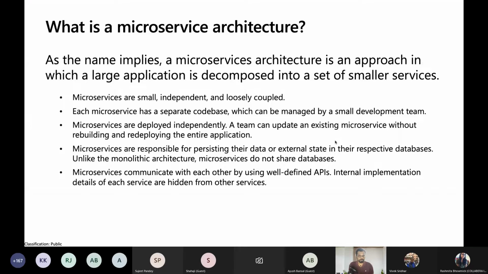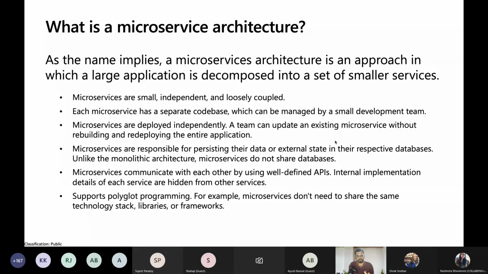But yes, all these are more like contract-driven communications, right? And this is one part if you're going with HTTP-based communication. There's also another way of doing it with events. That's a bit more of an advanced level of microservices if you have to go there, right? And of course, one of the other important benefits we might get as a byproduct of this is